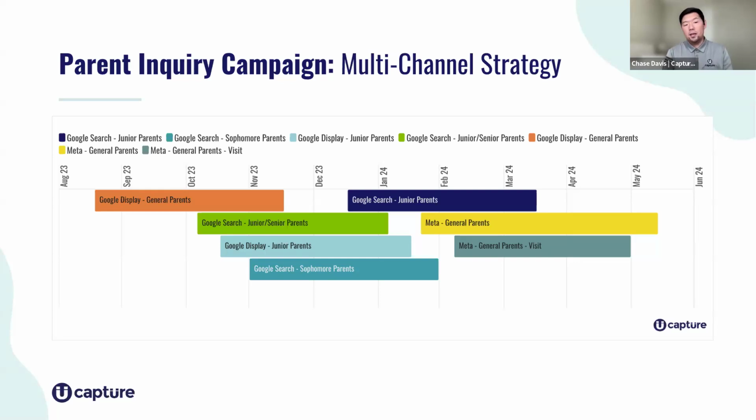So we have deployed a campaign that runs about 8 or 9 months for this particular partner, and it included this layered multi-channel strategy. So as you can see here, what we're representing and illustrating is a few different channels. We're focusing on our Google search campaigns, our Google display campaigns, and Meta. So we talked about Facebook and Meta and the platform not being dead.